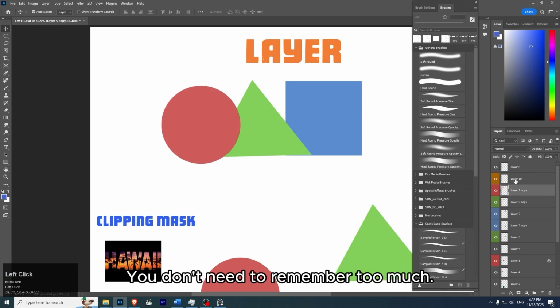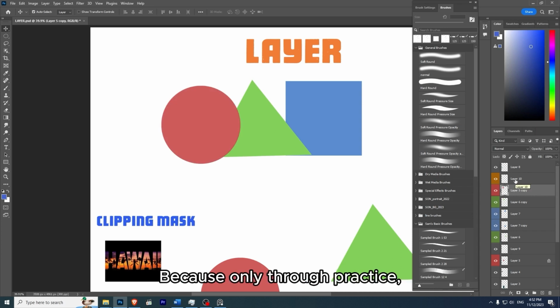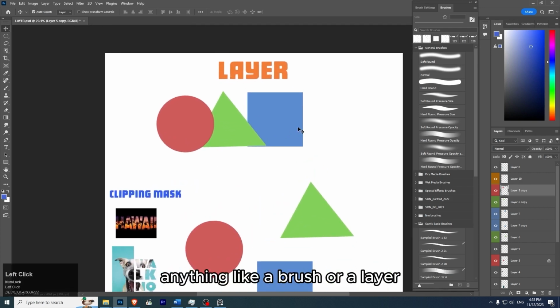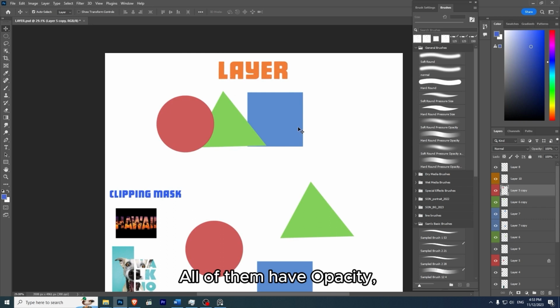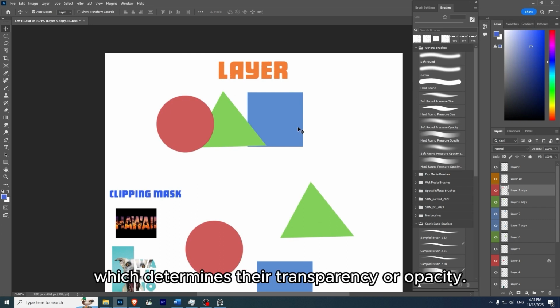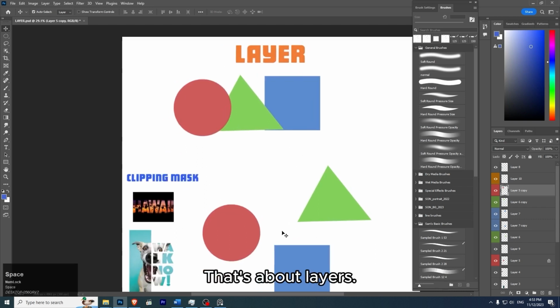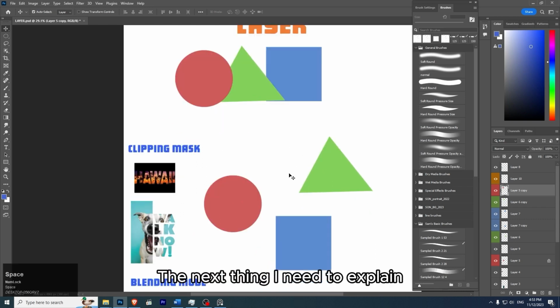You don't need to remember too much, because only through practice and studying for about 3 to 6 months, you'll be able to learn more on your own, and it'll be quick. The first thing you need to remember is that anything like a brush or a layer, all of them have opacity, which determines their transparency or opacity, whether they are opaque or transparent. That's about layers. The next thing I need to explain